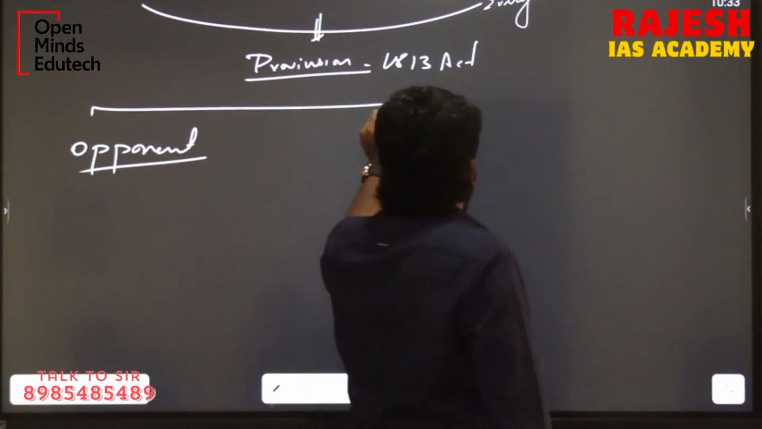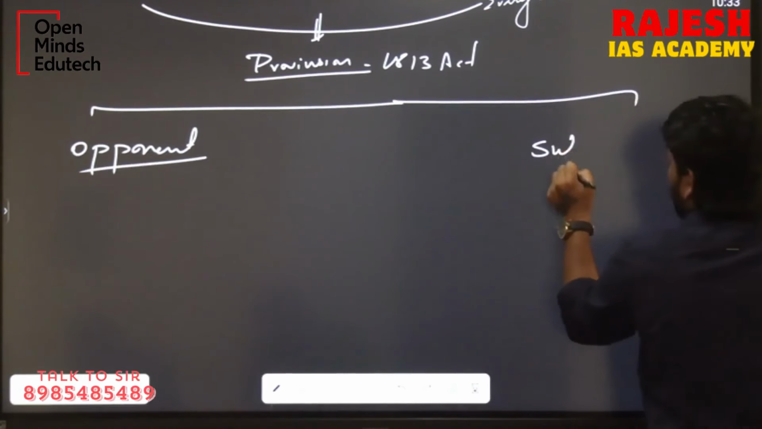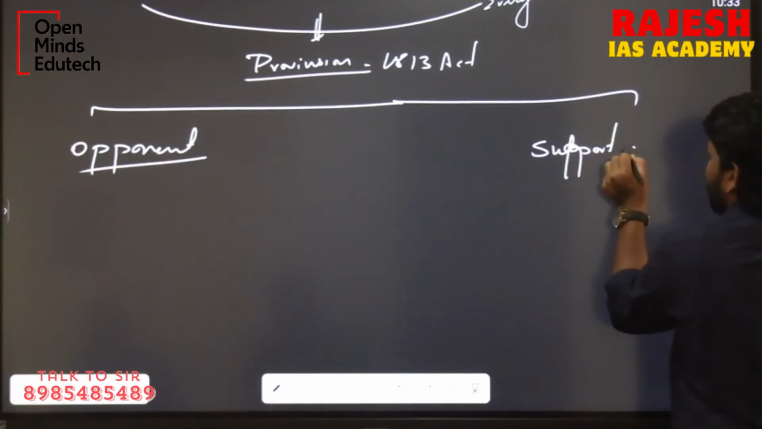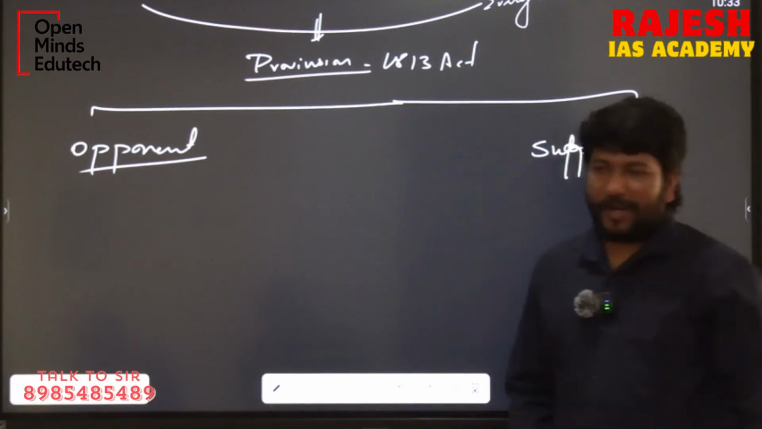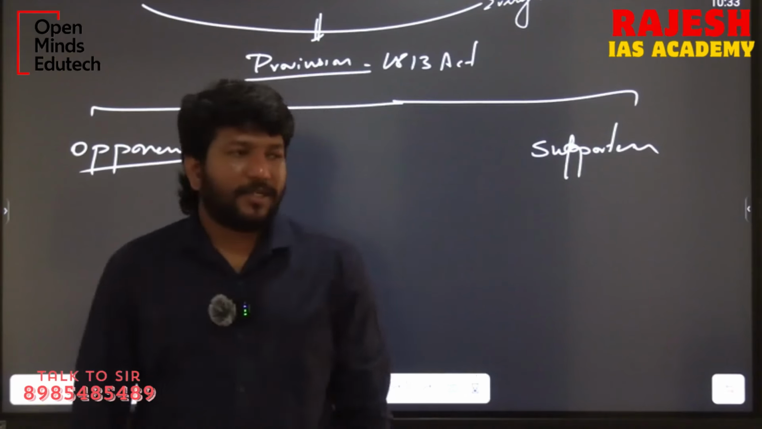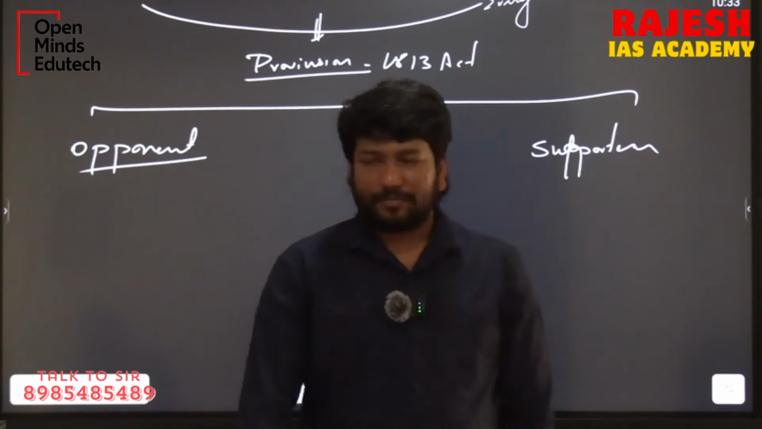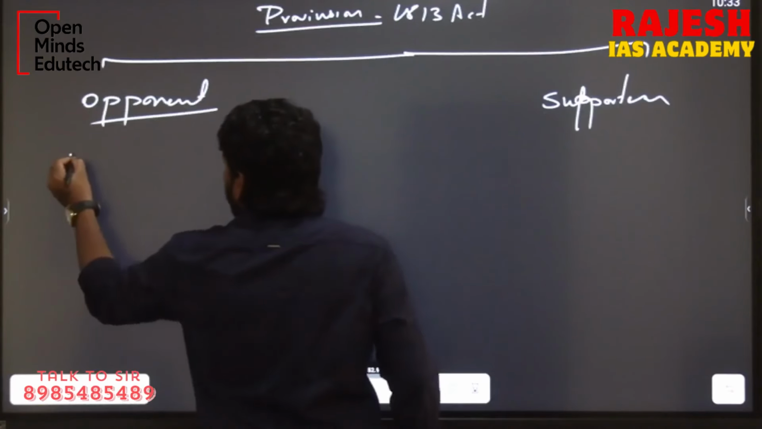Opponents' interest is to end the monopoly. Supporters' interest is the continuation of monopoly. That is the company supporters. First one,